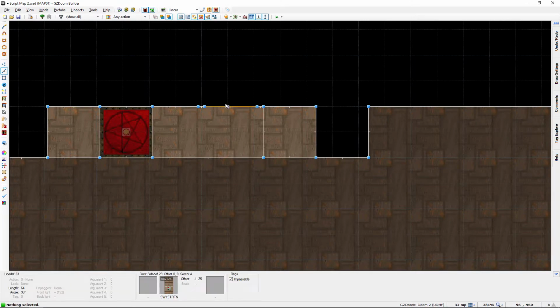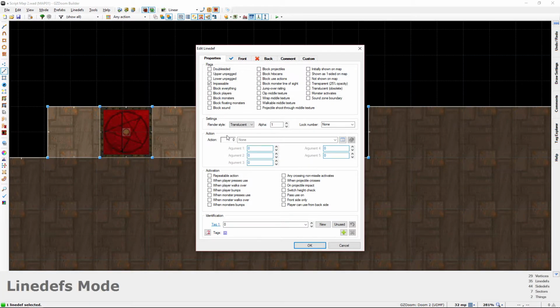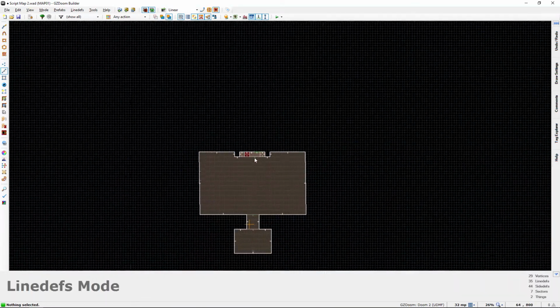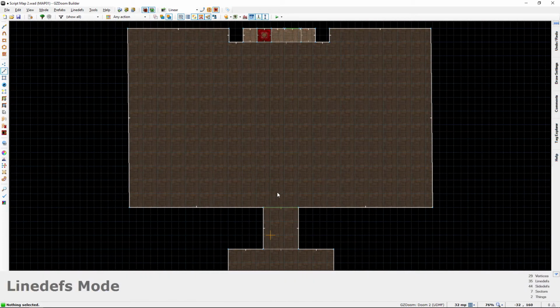So let's go in line mode, select the switch, the action will be 80 once again. Script number this time is going to be 2 instead of 1. This is not going to be repeatable because that's not going to be necessary for this switch either, and the action will be player presses use instead of player walks over. So now when we cross into the room,